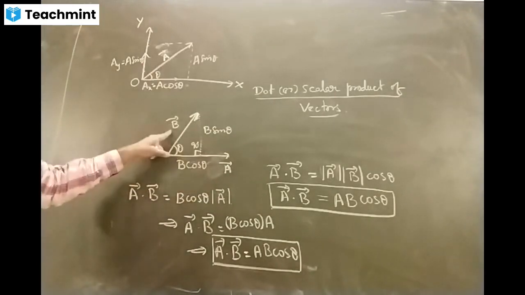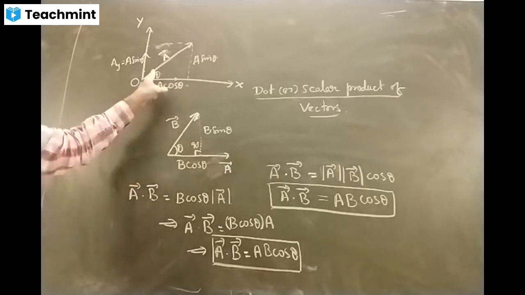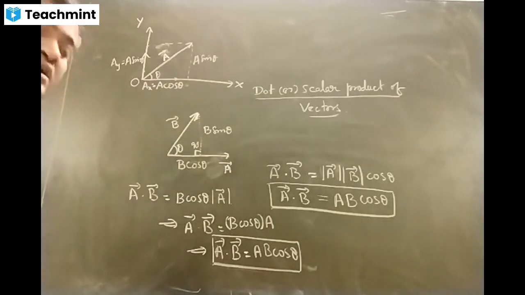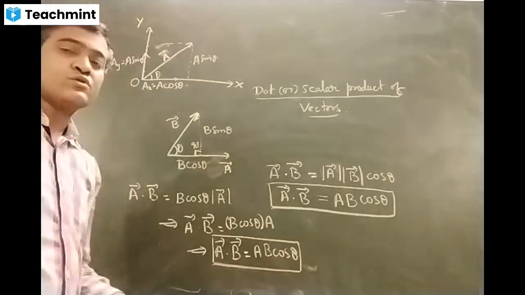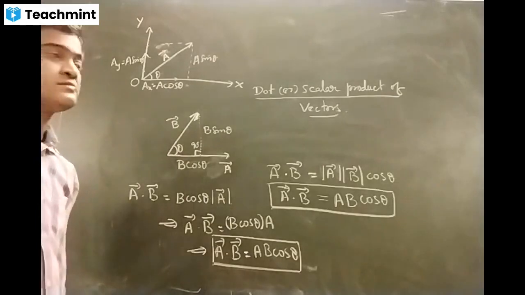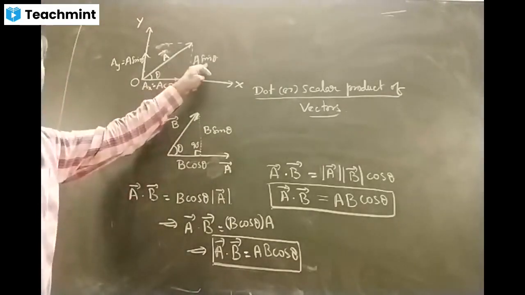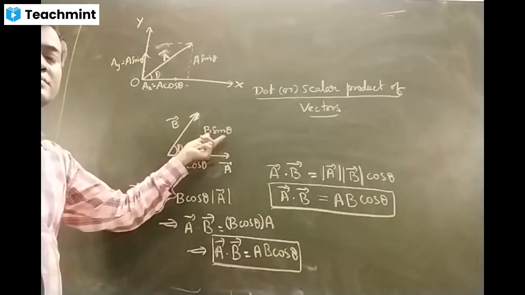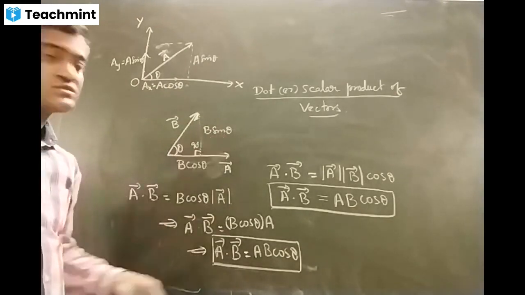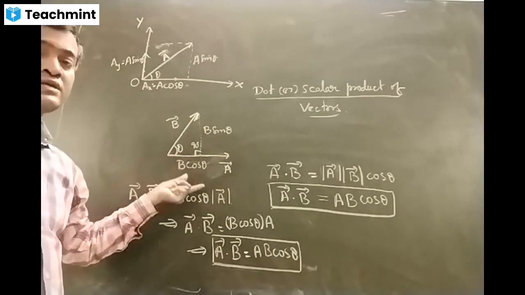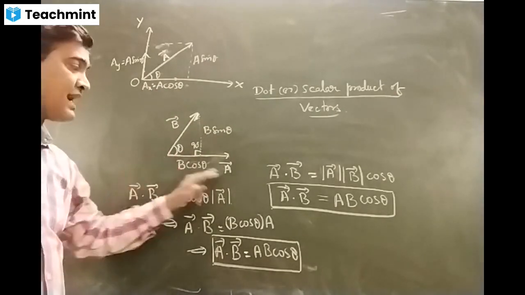Yes, sir. B sin. So in B bar, opposite to theta is sine. Whenever you consider an angle, for theta the opposite side is always sine. So what should I get here? B sin theta. And nothing to do with B sin theta here because B cos theta is the only component of vector B acting along